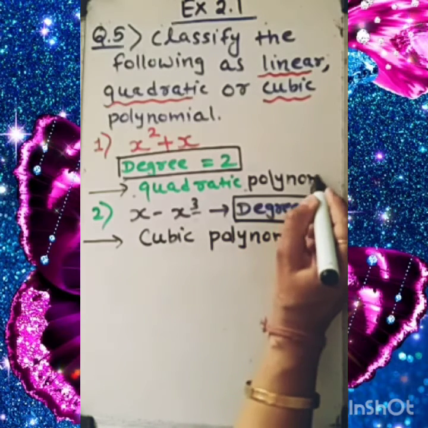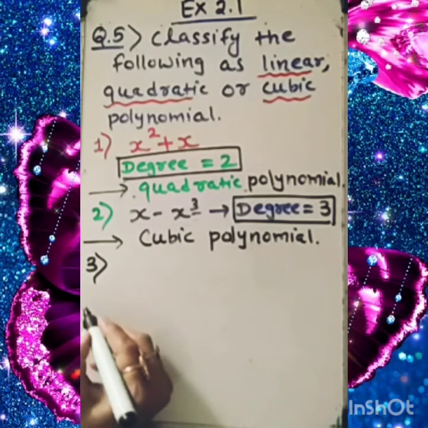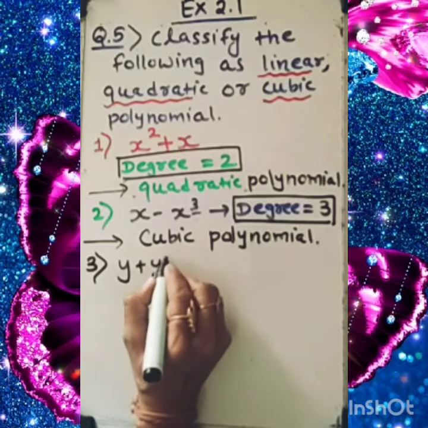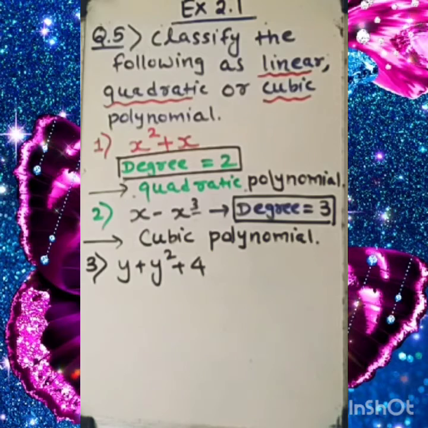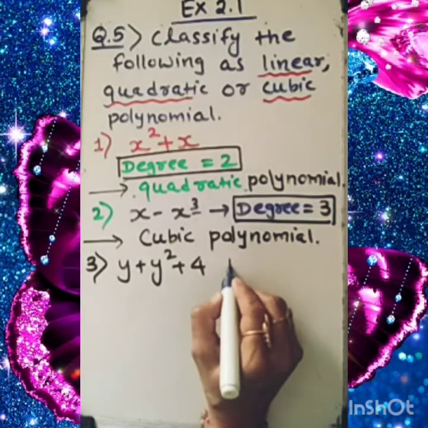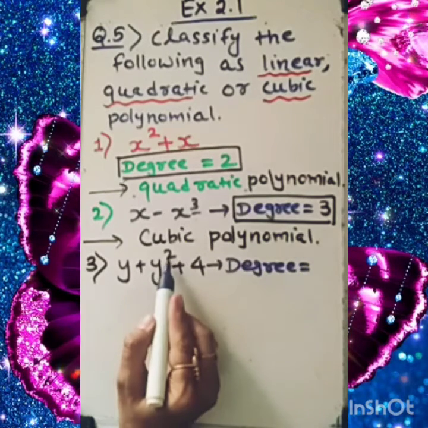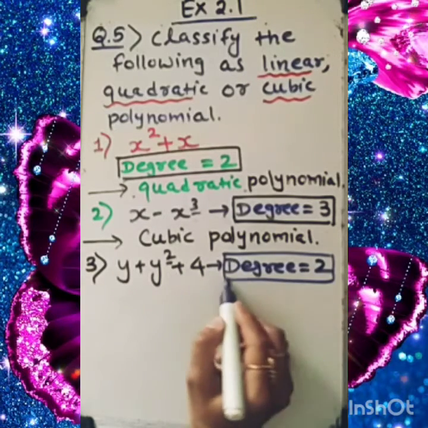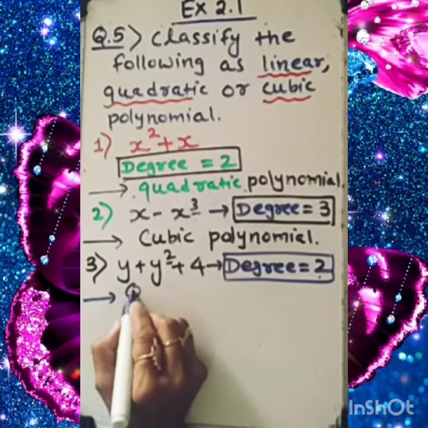Let's work on the third one. Third we are given 1 plus 2x plus 5x square plus 4. This we are given. Fine. So first of all, let's decide its degree. The degree of the polynomial is the highest power. So now it is very easy to say: the highest power of the variable is 2. So if it is 2, then it must be quadratic. We need to write here quadratic.